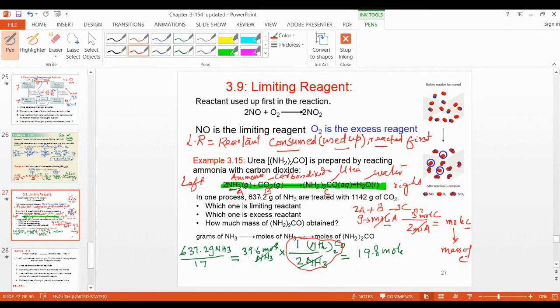Look at the chemical equation here. It's not the molar mass, it's the coefficient, the number of moles. Here it is 2 NH3 in the equation, and here urea is 1. So this is the 1 to 2 ratio. That's why I took 1 on the top and 2 on the bottom, because this is ammonia here. I solved four questions from the same example, and it's still not clear to you.